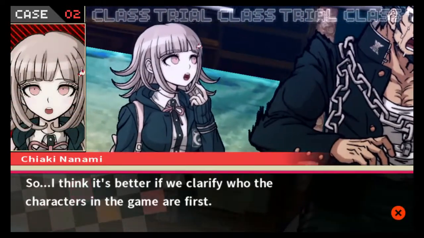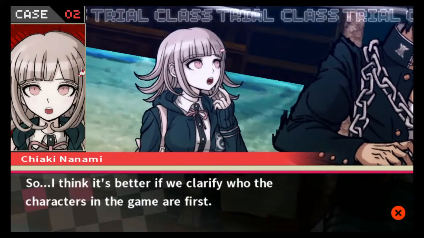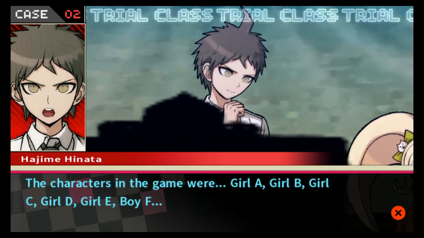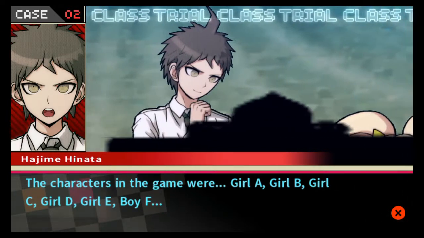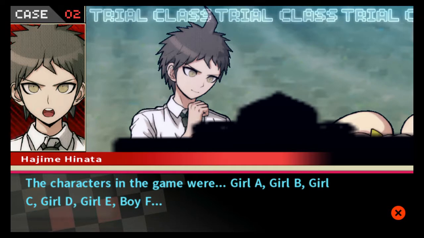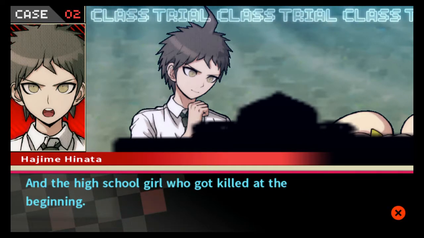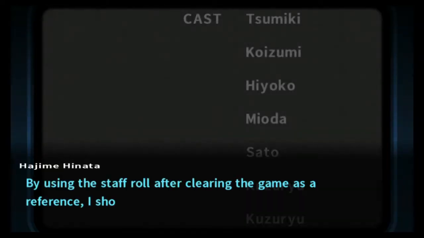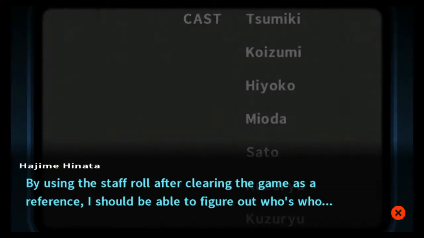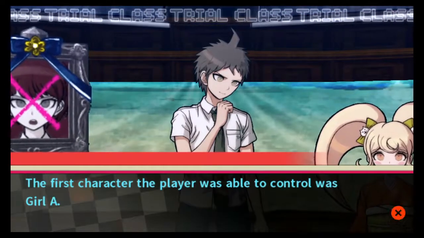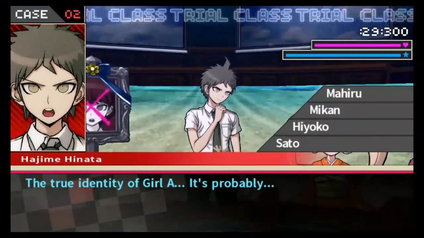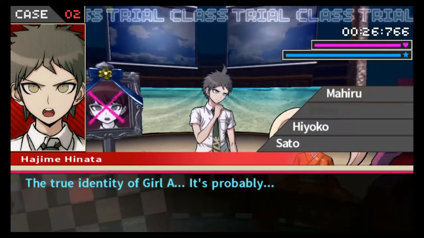So, I think it's better if we clarify who the characters in the game are first. The characters in the game were Girl A, Girl B, Girl C, Girl D, Girl E, Boy F, and the high school girl who got killed at the beginning. By using the staff roll after clearing the game as a reference, I should be able to figure out who's who. The first character the player was able to control was Girl A. The true identity of Girl A, it's probably...